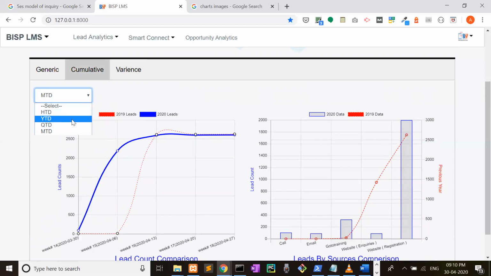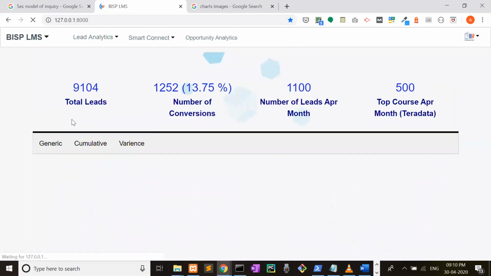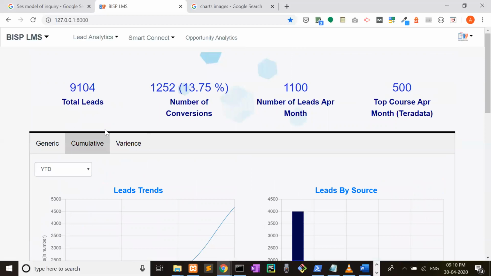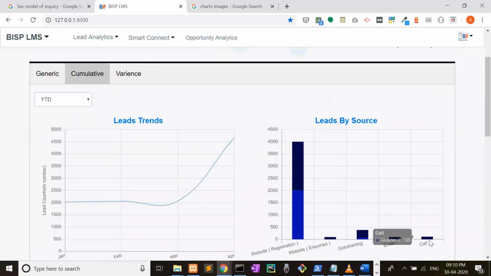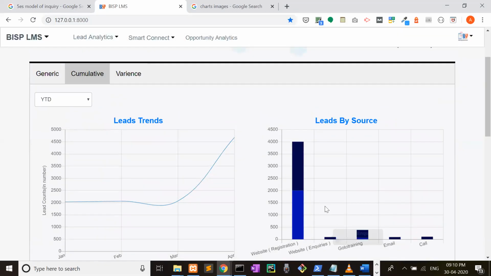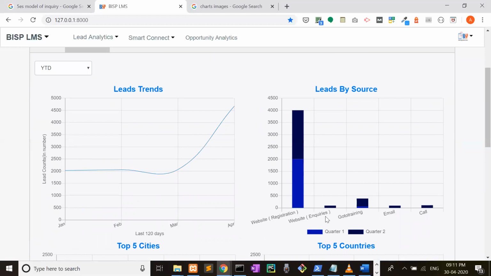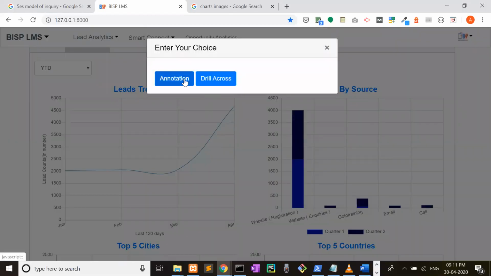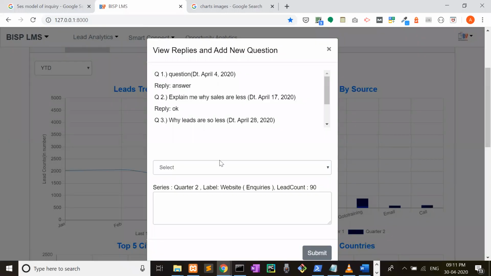Another facility is interactivity. Annotation. Chart.js provides you the facility of annotation. For example, if the admin wants to see that web inquiries data is so less, only 90 leads in quarter 2, and the admin wants to ask a question to a sales executive, then he just needs to click here on the annotation option, then select the executive name here.